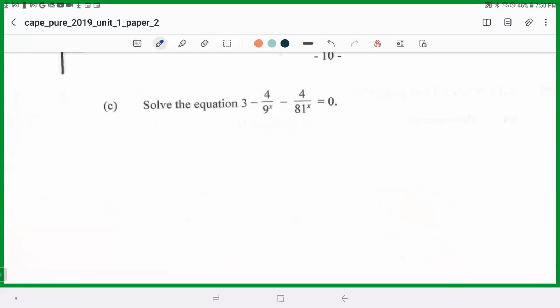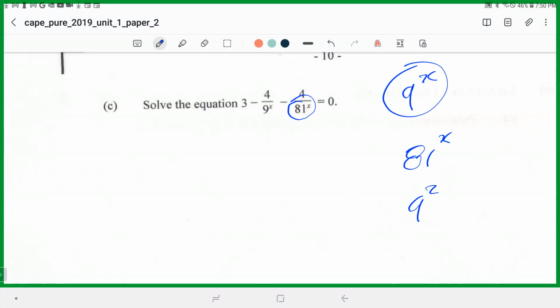So this one looks like it can become a quadratic in 9 to the x, don't it? See that? Can become a quadratic in 9 to the x. So what is 81 to the x equal to? 81 to the x is the same as 9 squared to the x, which is the same as 9 to the x all squared, don't it? What do I do with that? I'm going to replace this with 9 to the x all squared. Ready now? So the equation is going to become